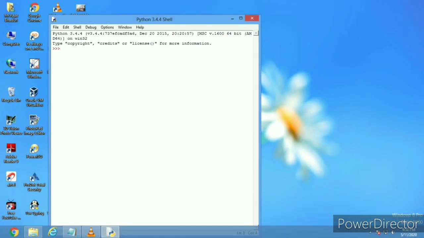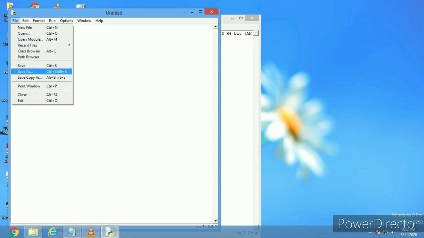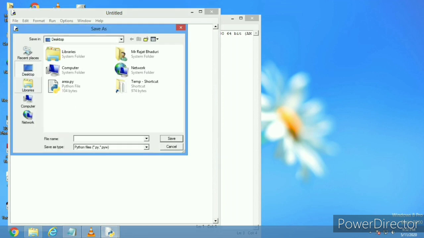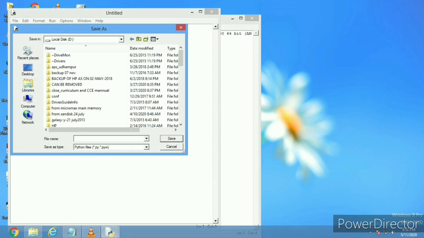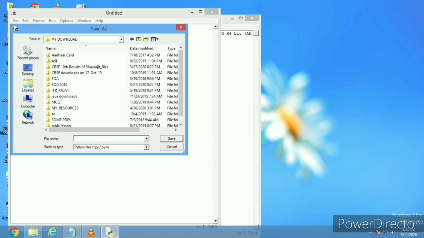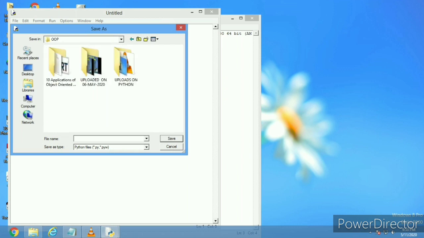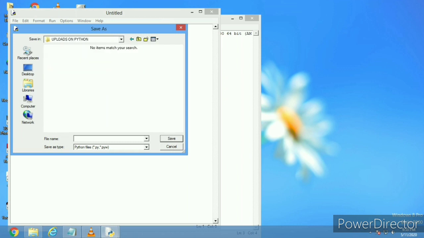Activating Python shell mode, clicked on it, opened. Now I've created a new window, now saved as area.py, .py must be the extension for a source file for execution of Python. I'm going to save it, checking for a suitable location. Chosen desktop, I think that is the best one.